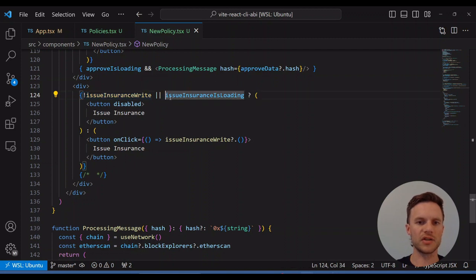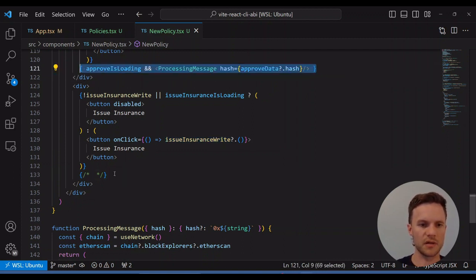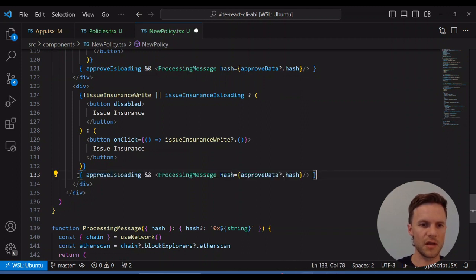Or when issue insurance is loading, it's going to be disabled. But otherwise, it's going to be active. And on click, it's going to hit the issue insurance write method. And then we will include the processing message as well. We're not going to use these approved variables, but rather it's going to be